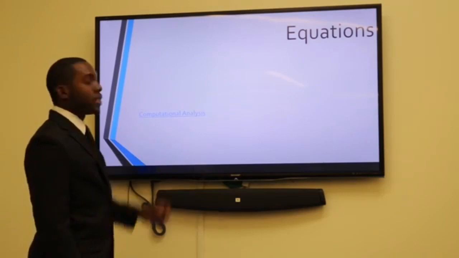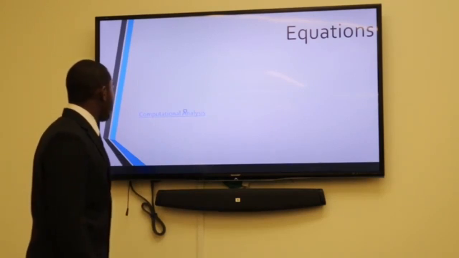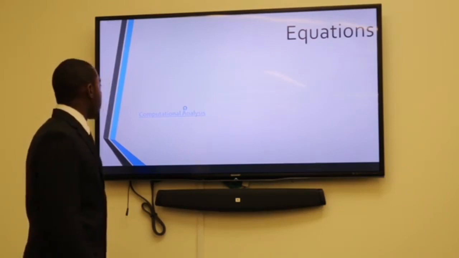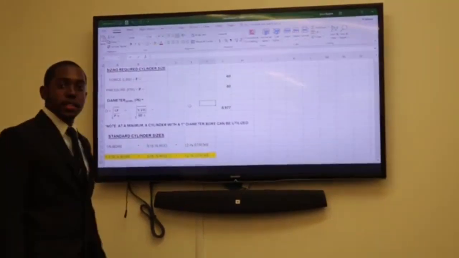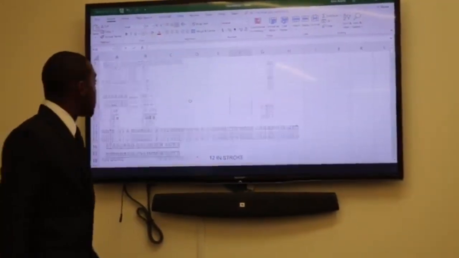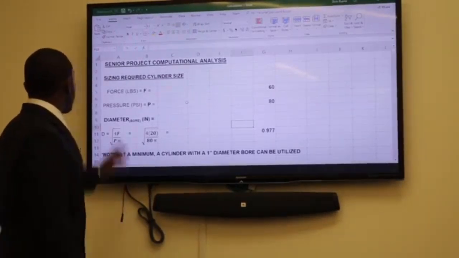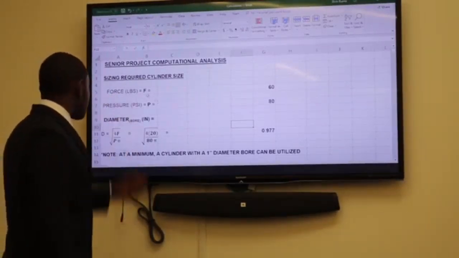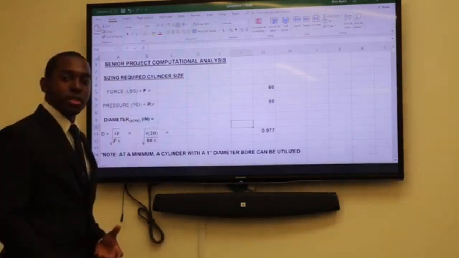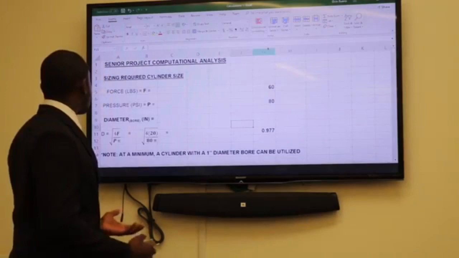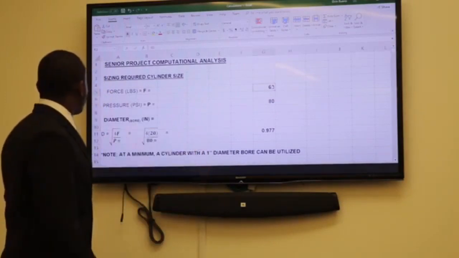And here's a little computational analysis we've done. So first off, we had to size the cylinder that we're gonna use for the system. So we had to have a few criteria defined. One is force and pressure. Well, first we had to do some research on how much force it actually takes to cut a potato, and we found it to be around 60 pounds.